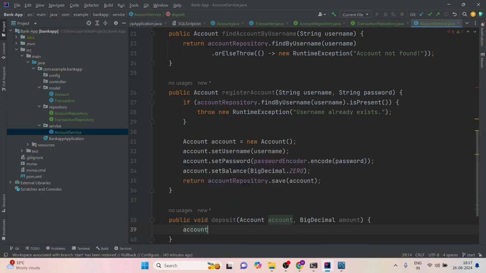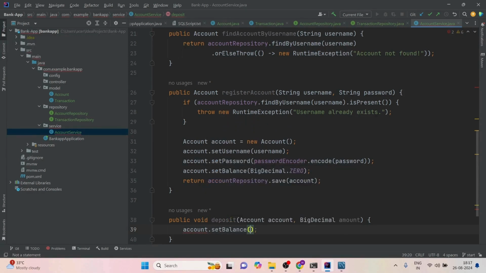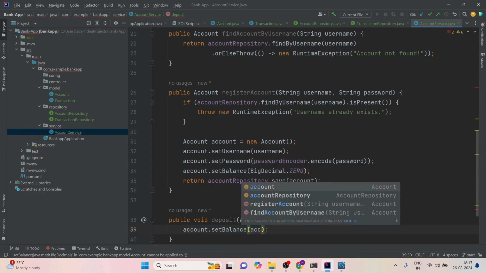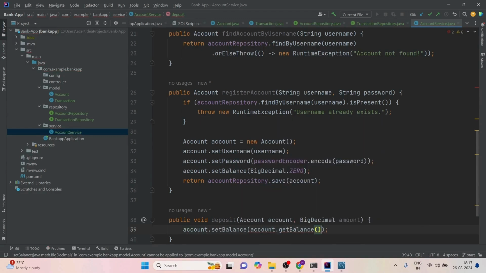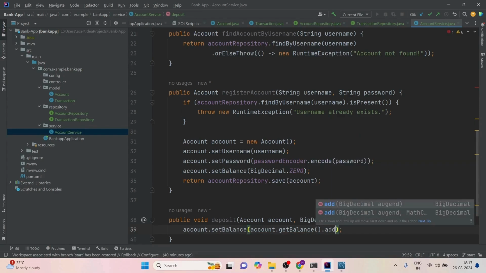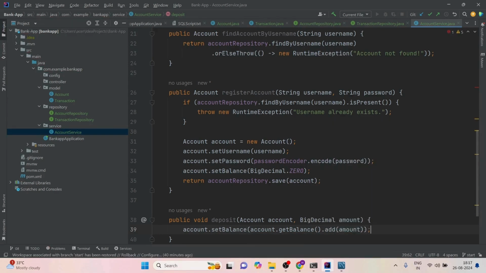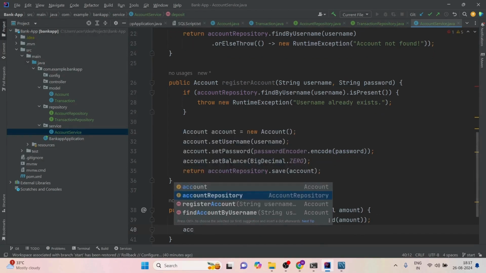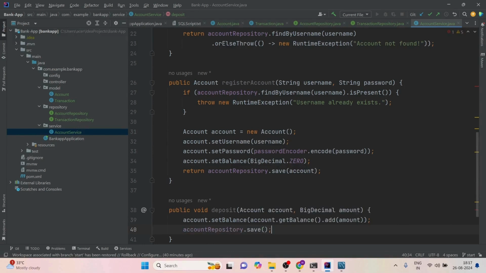Now first, we would set the balance of the account.getBalance.add amount, accountRepository.save account,